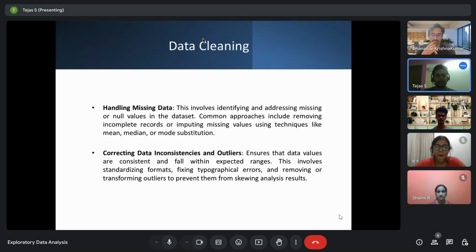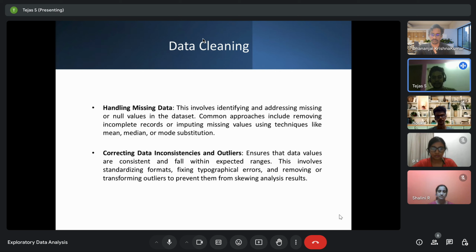Next, we have data cleaning. So, mainly it involves identifying and addressing null values in the data set. So, common approaches include removing the incomplete records or adding the missing values using techniques like mean, median, or mode. So, basically, we substitute these three values as they are simple and not biased in any way. And also it is an efficient way of adding the data if there are any missing or null values,